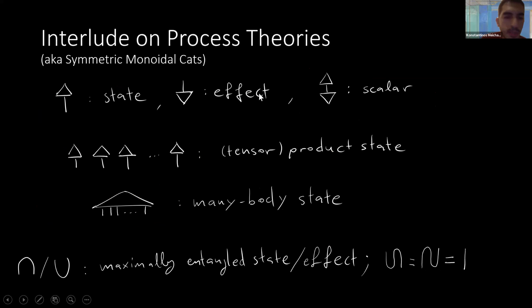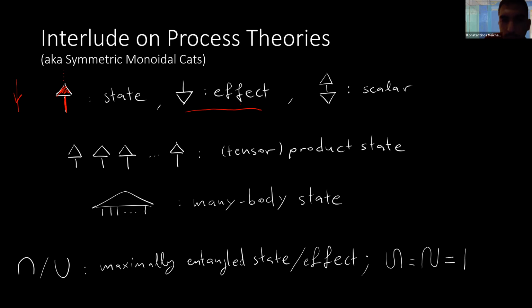Okay, so here, let me recap a bit on the notation I'm using. So for example, I've been using triangles that have legs sticking downwards as states, and I will be calling the states upside down as effects. This is process theory diagrammatic language, but it's useful to set my notation straight so that things are not confusing. So always imagine that time is flowing downwards. So this is a state that has no inputs, has the empty diagram as an input. Something is prepared here, and we have a vector flowing out. So this we call a state.